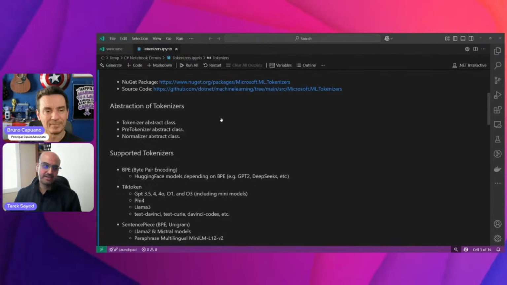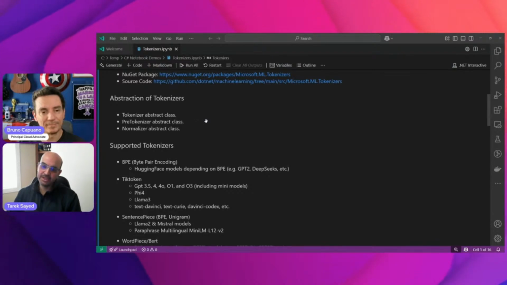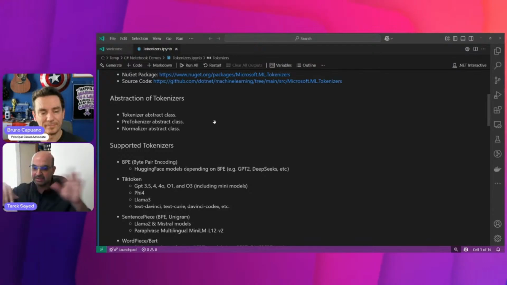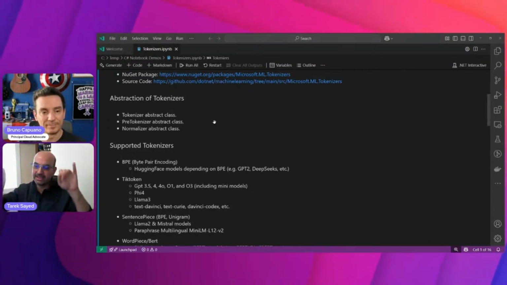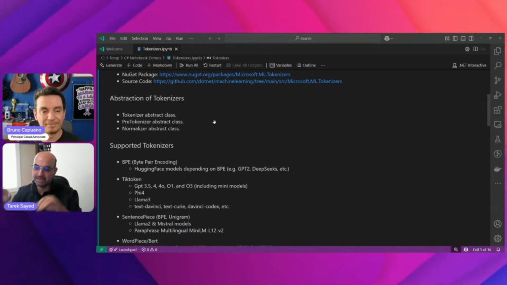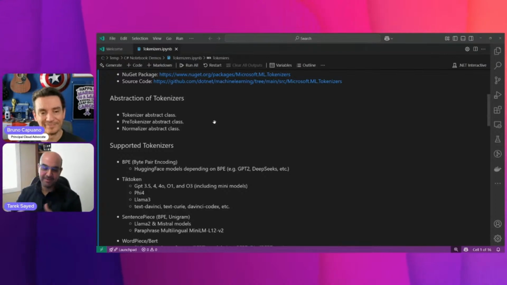So in our design inside the tokenizer library in .NET, we have defined abstractions. Abstractions are very useful. First, you can use them to interact with different components or different code through the same interface, so you don't have to care about the details of the concrete implementation; you can just use the abstract interfaces. It's like any other abstraction, in general, about why you have abstractions.